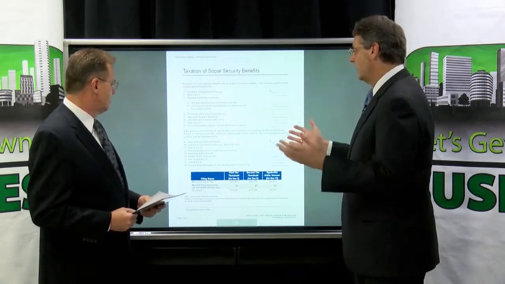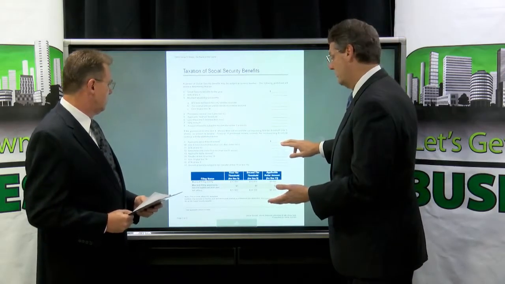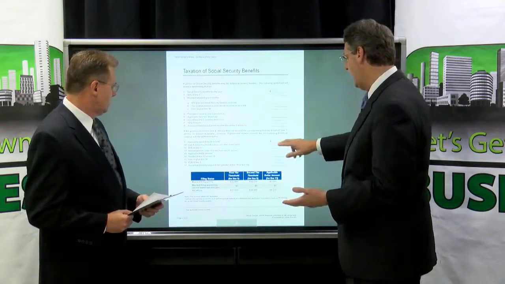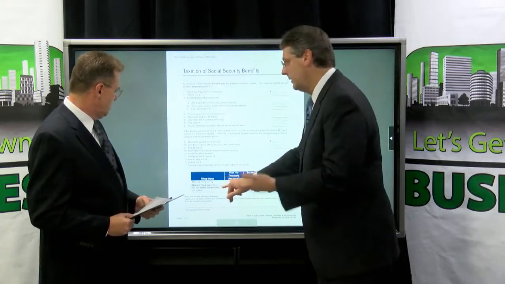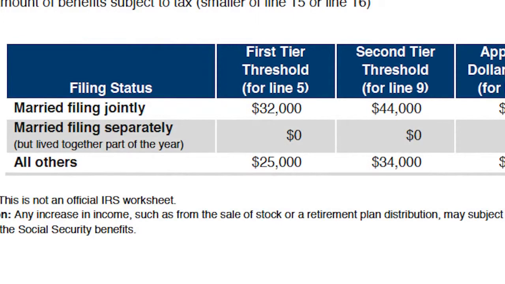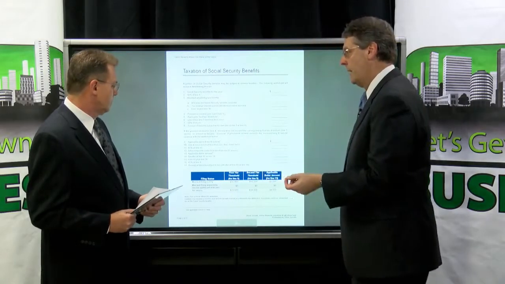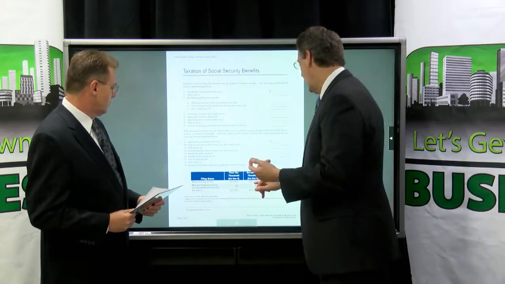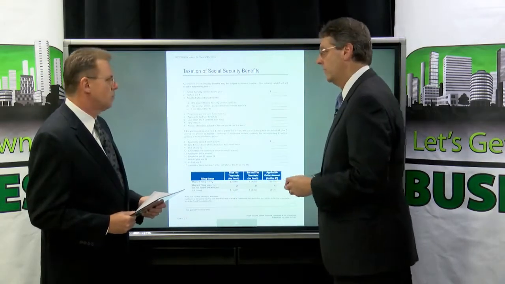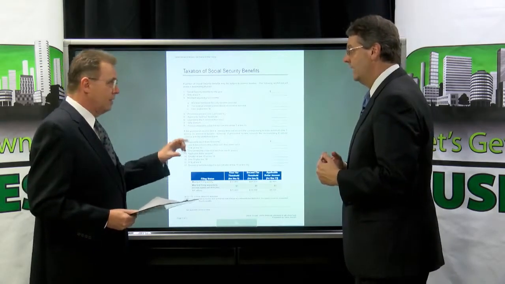Now, when you get to provisional income here, we're talking about a second tier of threshold. At the end of the day, if you are married filing jointly, which most Americans are, if your first tier is $32,000 and between $44,000, you're going to have approximately 50% of that benefit taxed. If you're over that dollar amount, about 85% of your benefit becomes taxable. In your tax bracket.